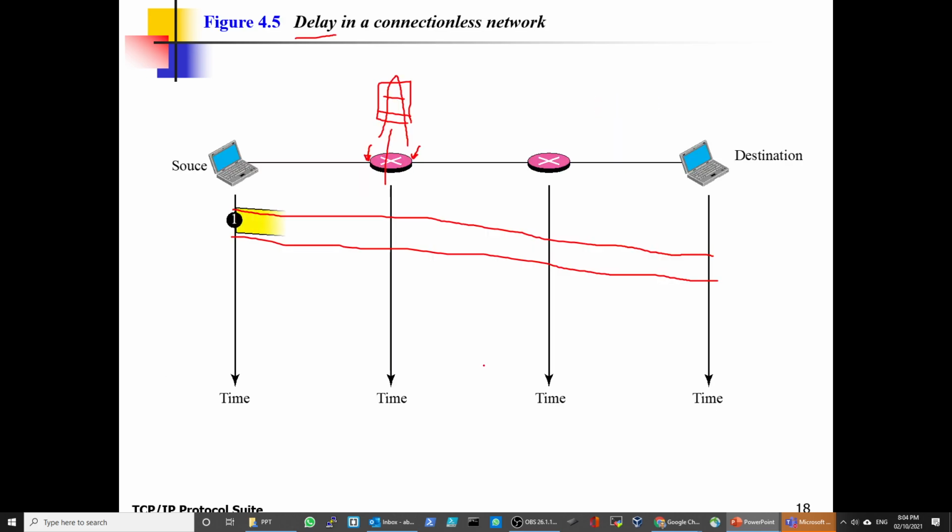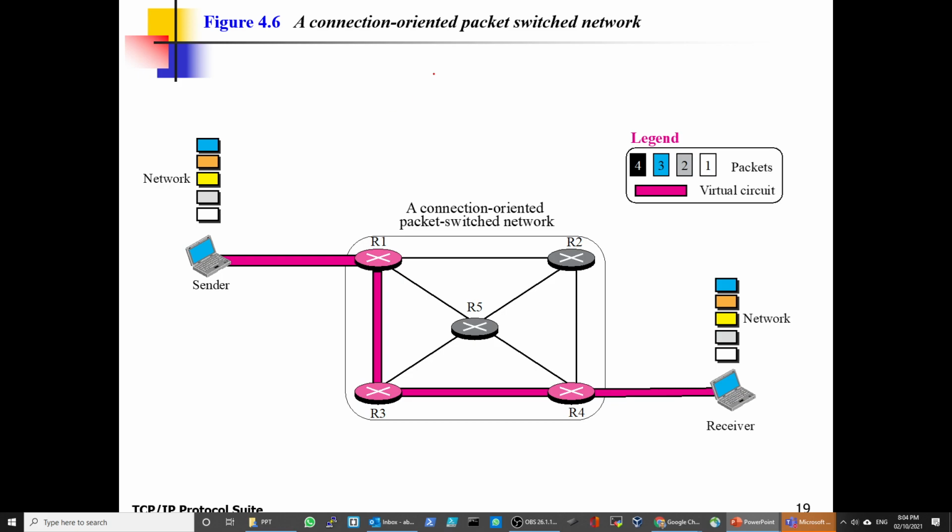All right. So message switching is not a working solution. We don't use it at all. So a connection-oriented packet switch network in here. I just explained it. In a connection-oriented network, you establish the connection first, and all the data is going to go through that circuit, and we call it a virtual circuit because it's not a real wire that is established. You build the virtual circuit and all the packets 1, 2, 3 and 4 will go through that to the destination.